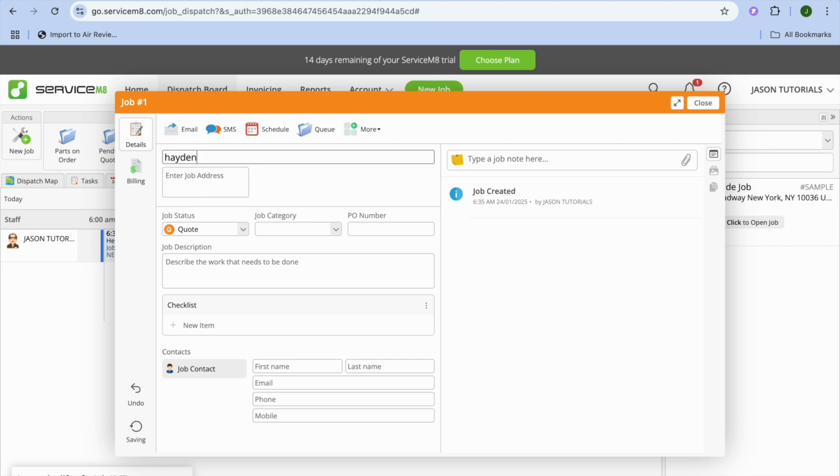So you'll tap on the plus right there to create a new customer. Then after you have created a customer, you can tap on Enter Job Address and you could enter the address. Then from there, you could choose the status, as this is the same section that you can use to create a quotation. So you could select quote,